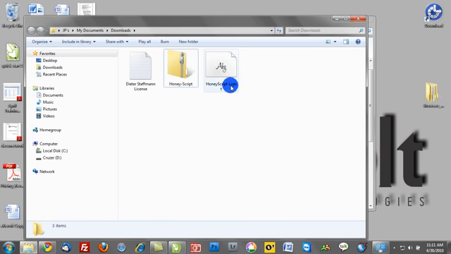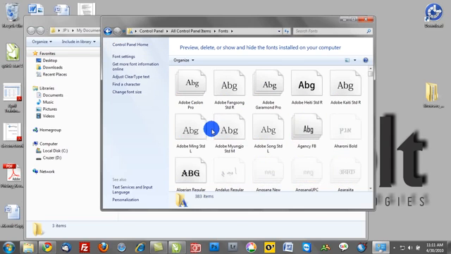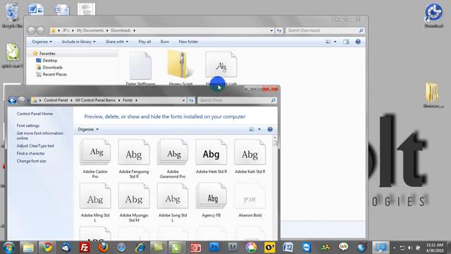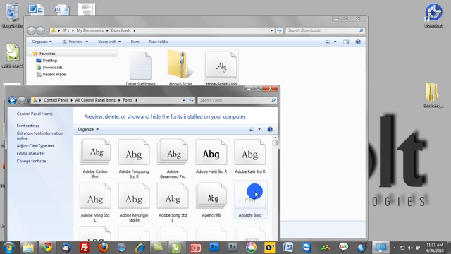Now, once you have that downloaded and unzipped, what you want to do is navigate to your fonts folder. So if you go to your control panel, find your fonts folder, and this is in Windows. This is the folder that warehouses all of the fonts that you have installed on your computer, and go ahead and drag and drop that font into your font folder. Of course, it's going to go ahead and copy over,